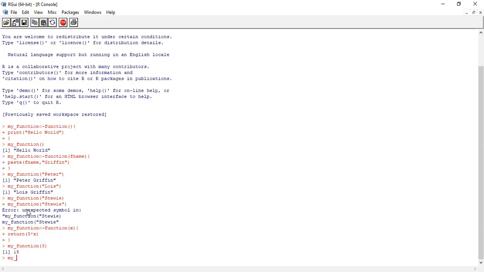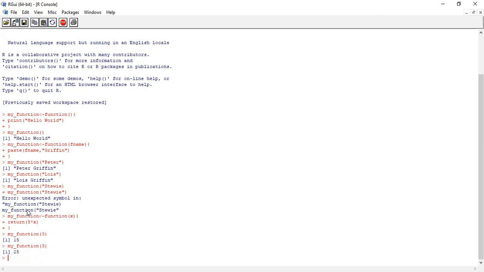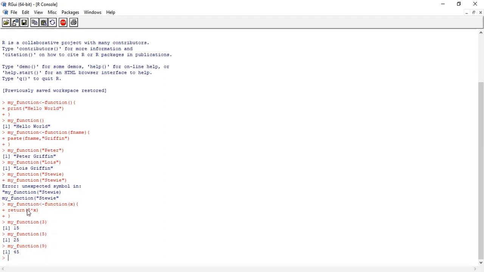Or again, we just call our function, my function, and we just provide 5. So it is 25. Or let's call it again, my function. Let's do, for example, we can